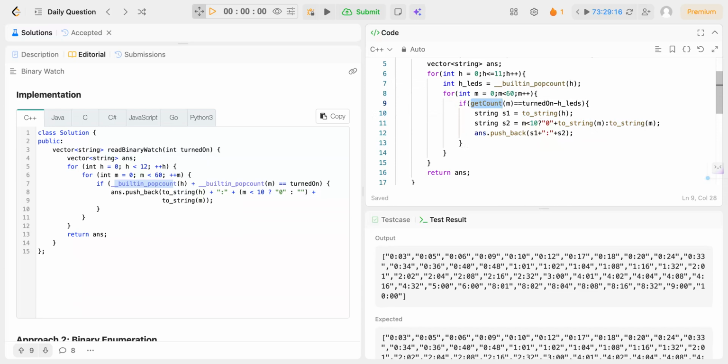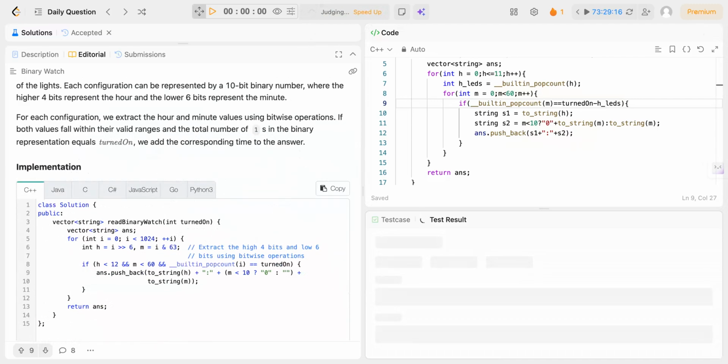Anyways, built-in popcount. Yeah, you can just add because I think it's a very fast function. Yeah, they also used to-string only, so that is good. Instead of doing it separately, we could have just made it in a single. Anyways,